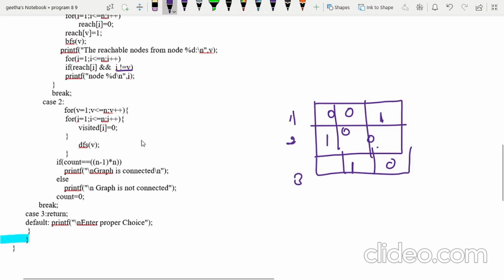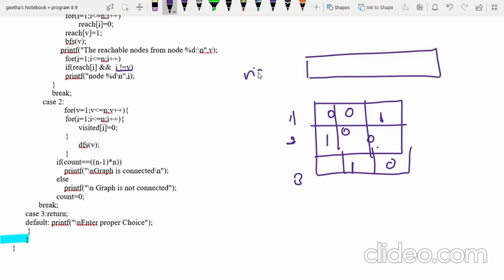Next, what happens here? I am initially creating a one dimensional array for visited. So 1, 2, 3, all these are initialized to zeros. That is what I am going to do in this place.